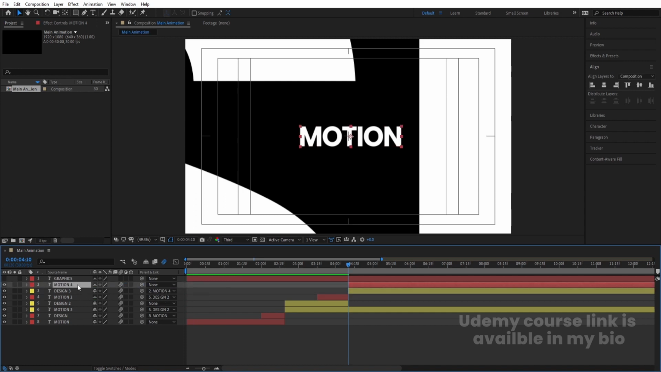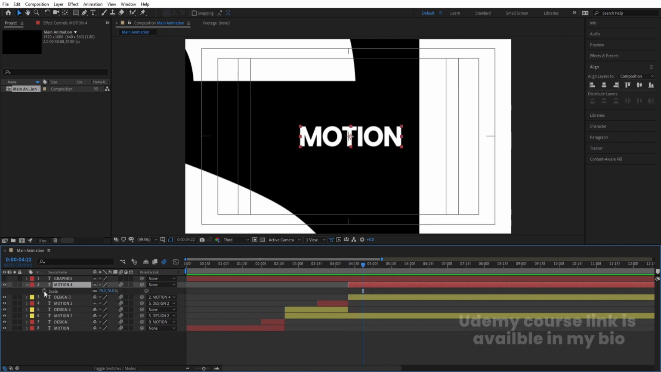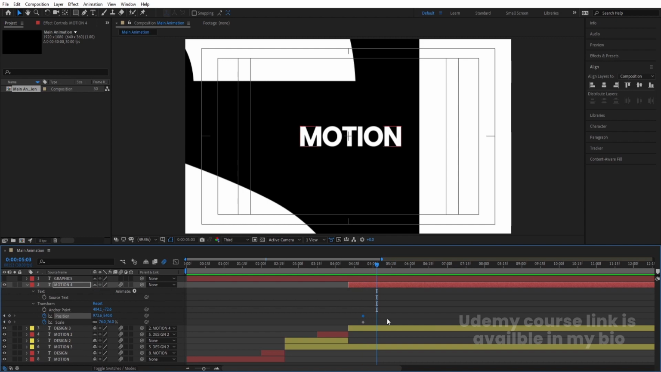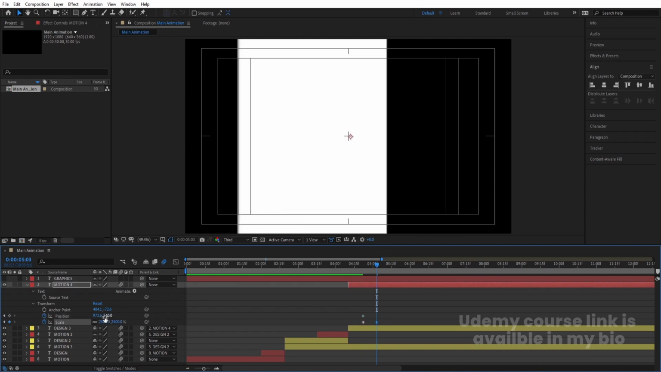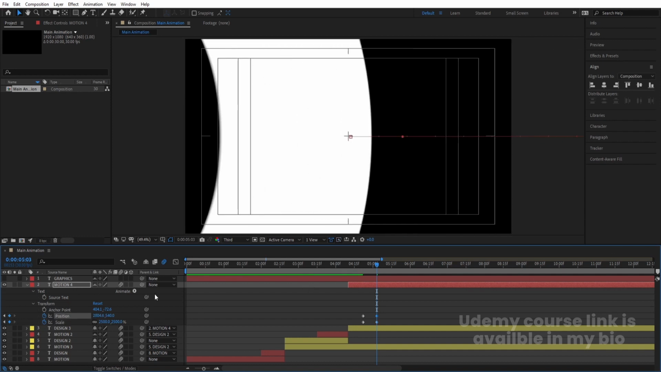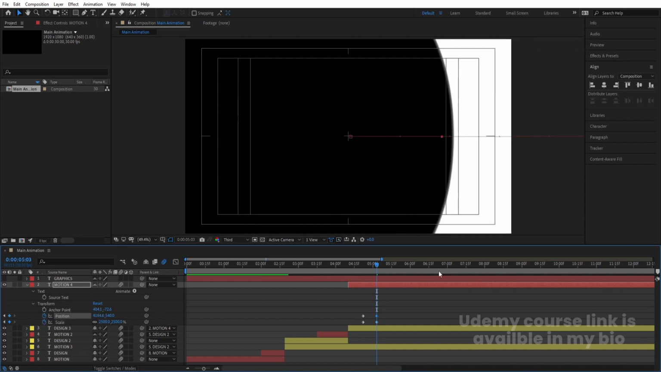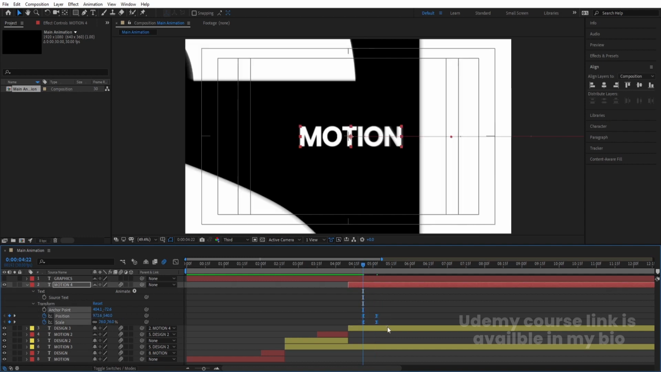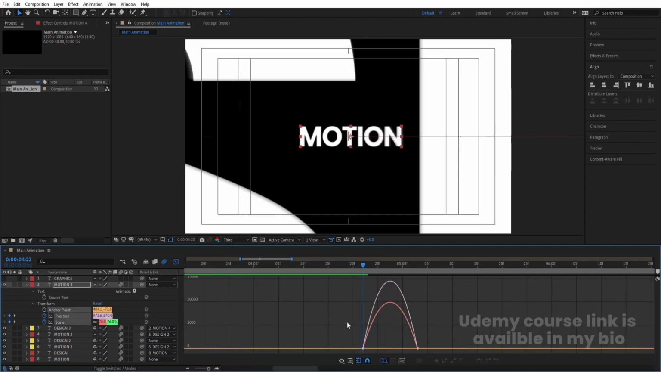Now we will select this motion text again, we will go few frames forward, we will press S for scaling option, create one keyframe, then press P for position, create another keyframe, go few frames forward somewhere around over here and we will change the scaling to 2500 like this and change the position toward like this. Okay, so we will get something like this, and select those keyframes, hit F9, go to the graph editor, select this